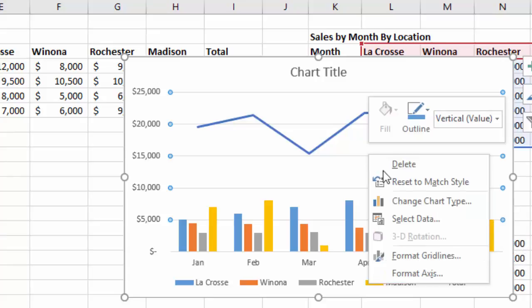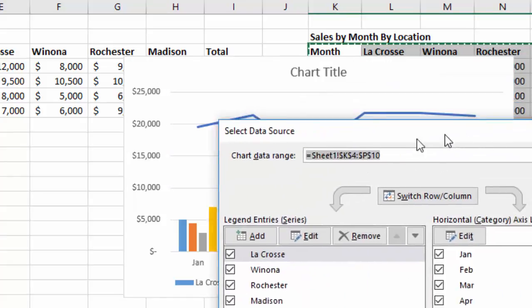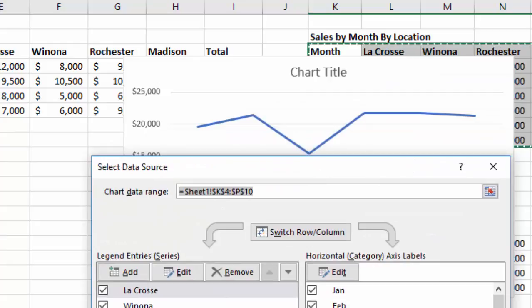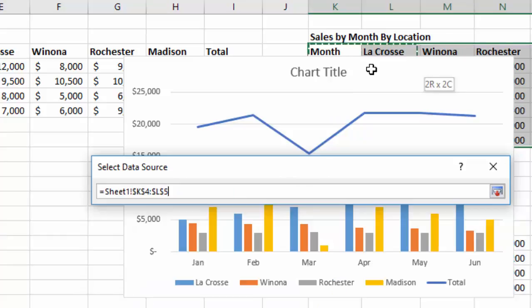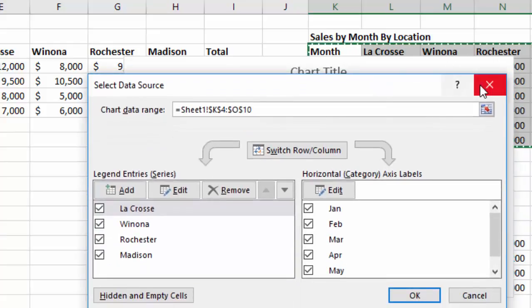So I'll right click here, choose select data. I got to rearrange some stuff here and get it out of the way. But what I'm going to do is, it's getting a little messy. Right, I'm going to select, you can kind of see what's going on in the background. I'm reselecting the range again, but this time I'm not including the total. Okay, and then I can just go ahead and close this window,